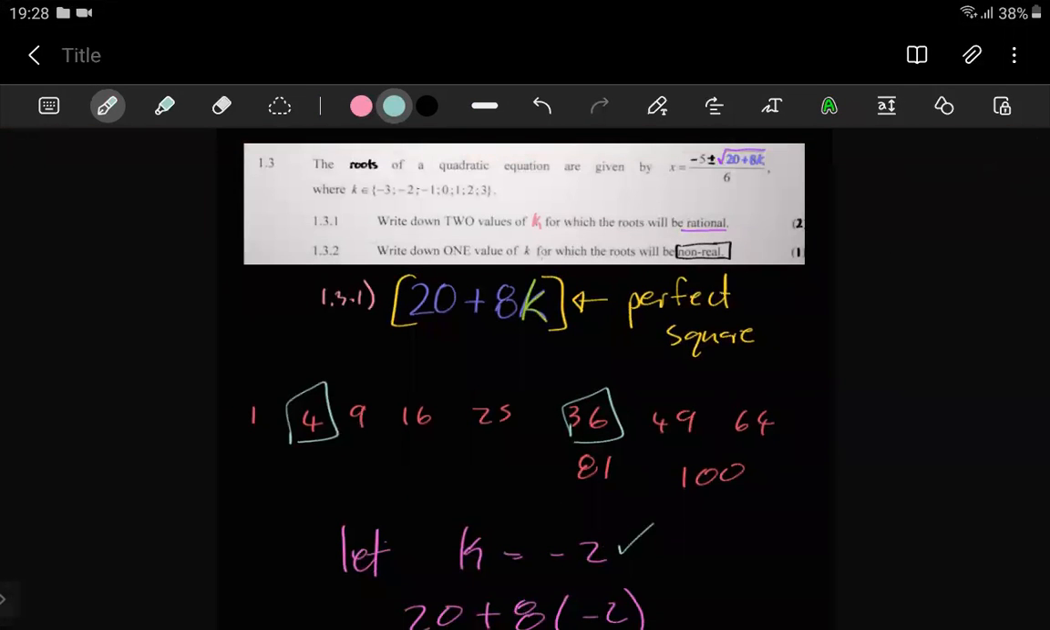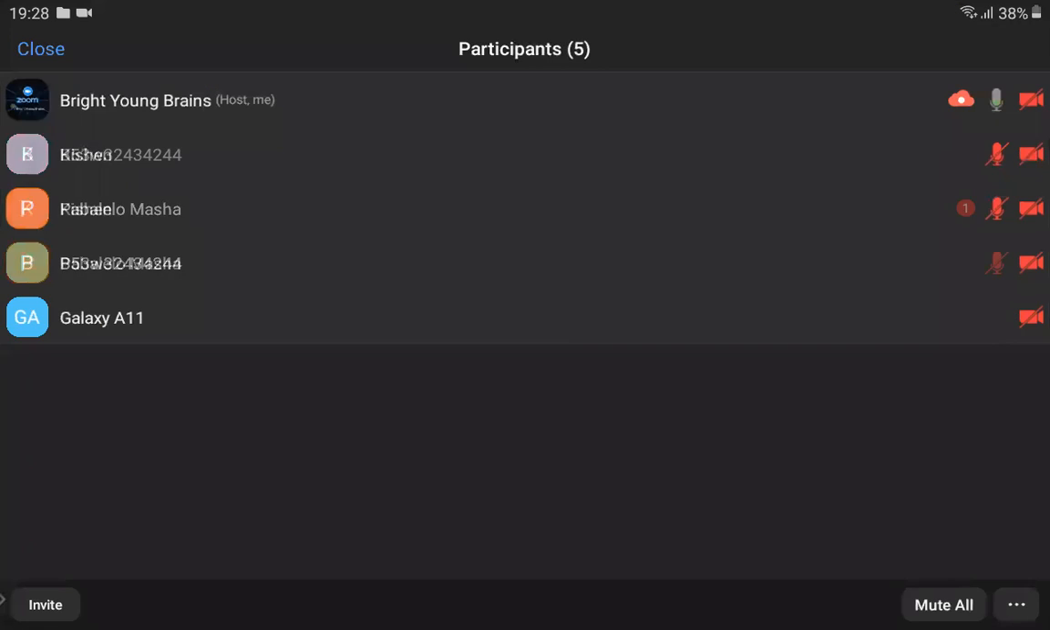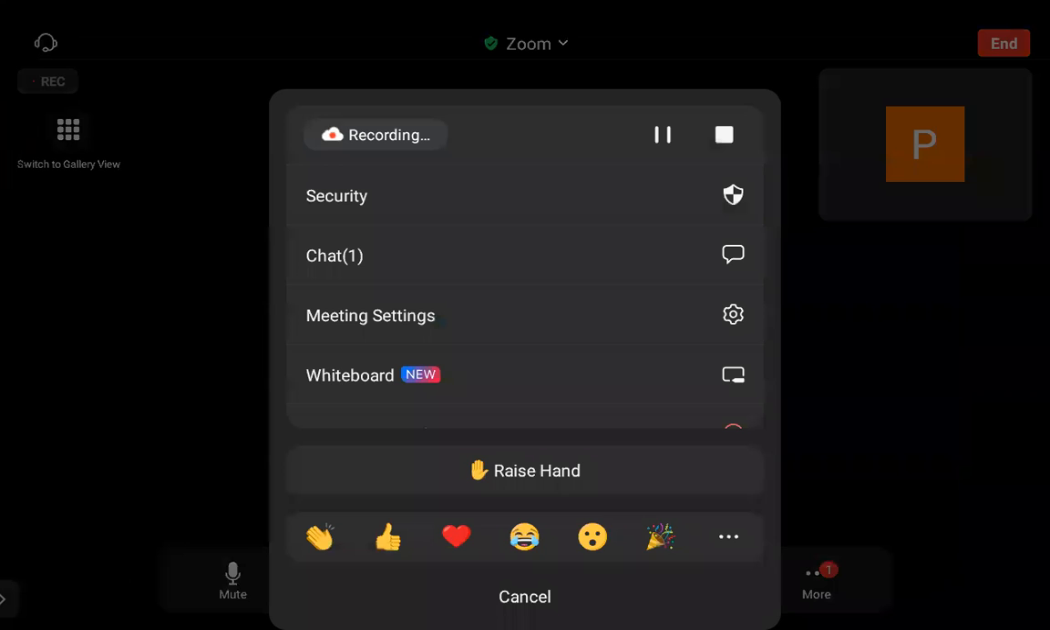Now remember, based on what we have just done, it goes back to you knowing your theory of the nature of roots. If your nature of roots knowledge is not up to standard, then these kinds of questions are not going to be friendly. So let me just stop this here and actually see what